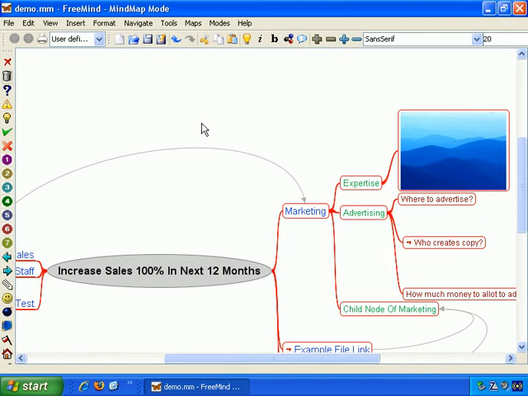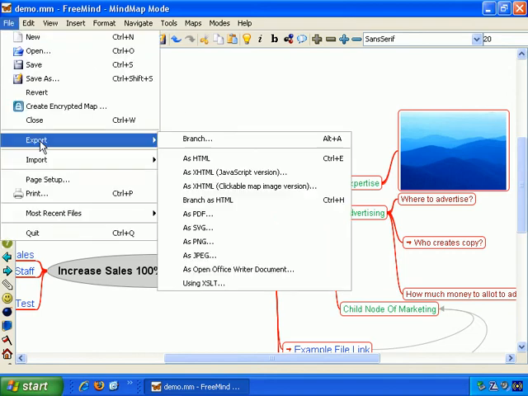Now, with your mind maps, you can of course save them and work on them as you wish, but you also have the option of exporting them. And what this means is that you can take your mind map and effectively save or convert it to different formats. And you can choose to export the entire mind map or just a branch of it. And if you just want to export a branch,